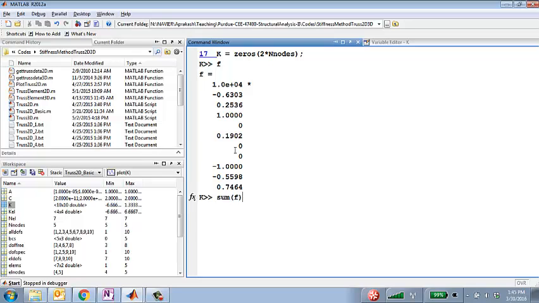Why? Because the sum of forces in the X and the Y directions both have to be 0. And indeed, it is 0. Further, not only this, if I say sum of